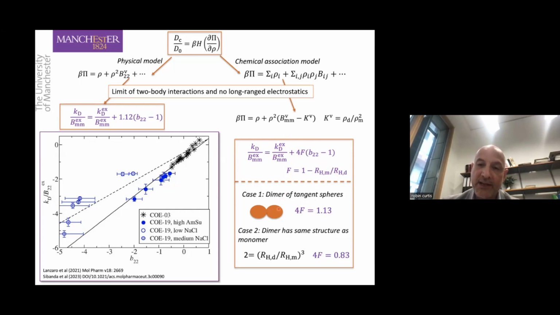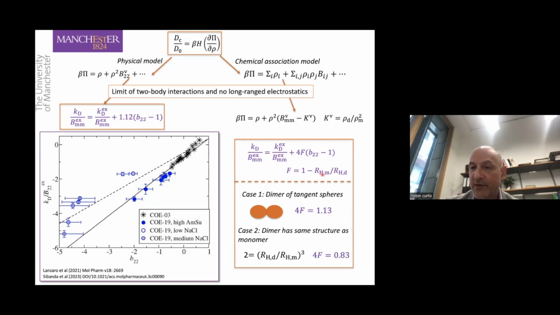And you actually find that this model perfectly agrees with what you would get for the Baxter model. And so if you just look at spheres and just say that you have dimers whenever you have short range attractions, you actually could show that this dimerization model gives you the same result as the physical association model. But the reason that we want to use it is that if you do have strong oligomerization, you would expect